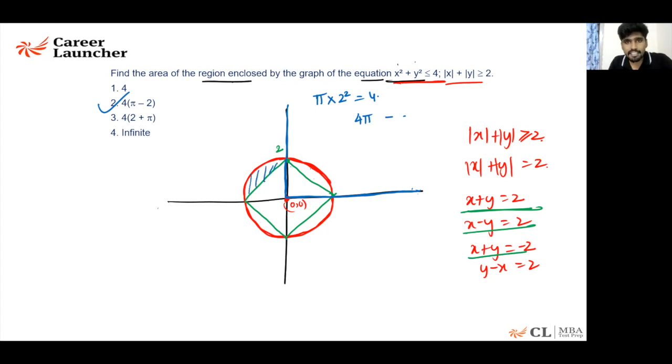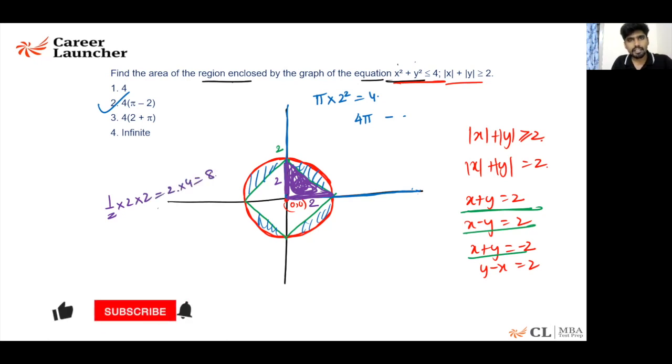We are essentially interested in this area, the area between the circle and the rhombus. And now if you want to find the area of the rhombus also, if you have time and need to, you can find the area of the rhombus by finding the area of 4 such triangles, which are in violet over here. 4 such triangles, right? And this triangle, the height is 2, length is 2, half into 2 into 2. The area is 2, right? 2 into 4, 8. So the total area is going to be 4 pi minus 8, which is equal to 4 times of pi minus 2, which should be option